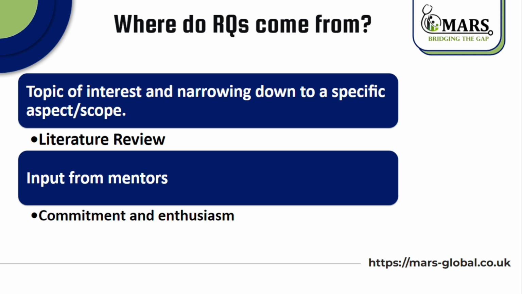So I'm just repeating this again. Topic of interest is the first one. Then we have the gaps and the latest developments that we can know through the literature review, as well as